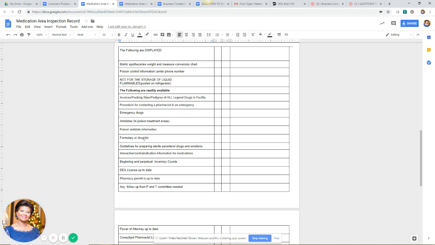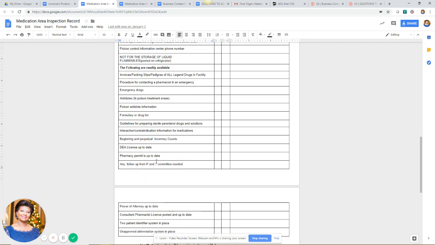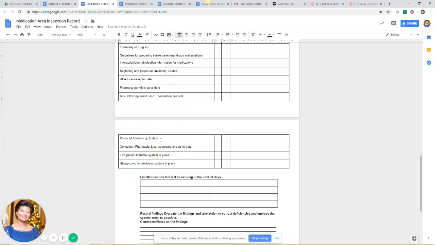Make sure that the formulary list or the drug list is available. Make sure that there are guidelines for preparing sterile parenteral drugs and solutions. Making sure that the nurse and staff know how to access interaction and contraindication information on medications, their perpetual inventory counts. Again, that goes back to the audit that we spoke about earlier, making sure that the DEA license for the facility is up to date, that the pharmacy permit is up to date, and any type of meeting that's required between the pharmacy and therapeutics committee. The power of attorney, make sure that's up to date, and that's basically as far as pharmacy is related,